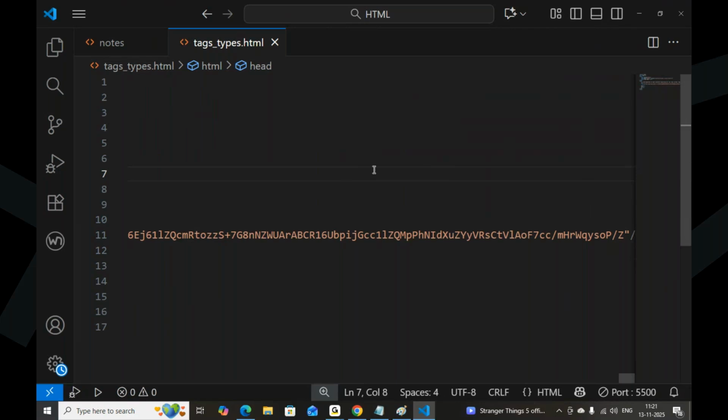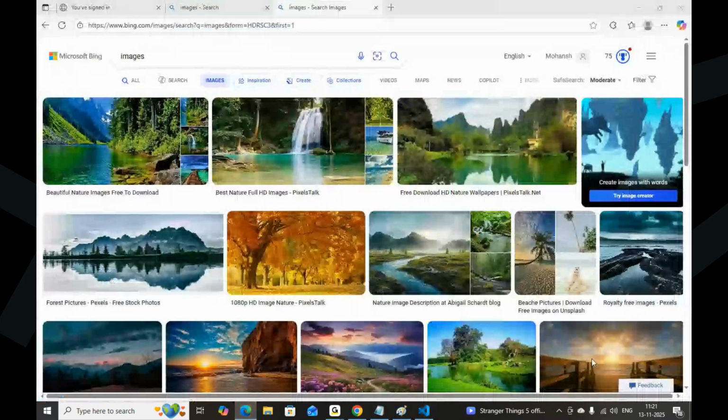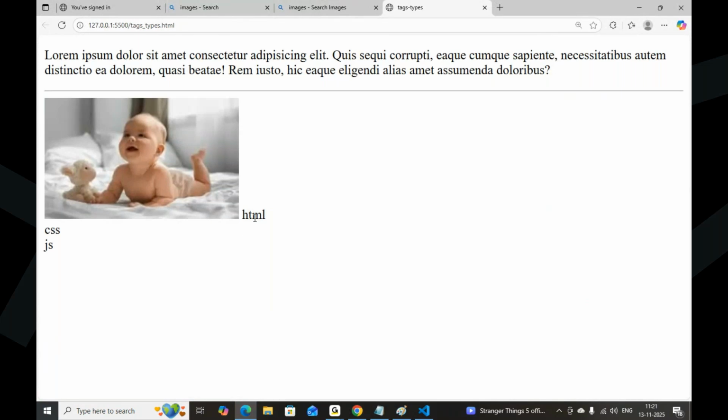Okay, what happened? So these are the tags, and here after the image you can give the break.